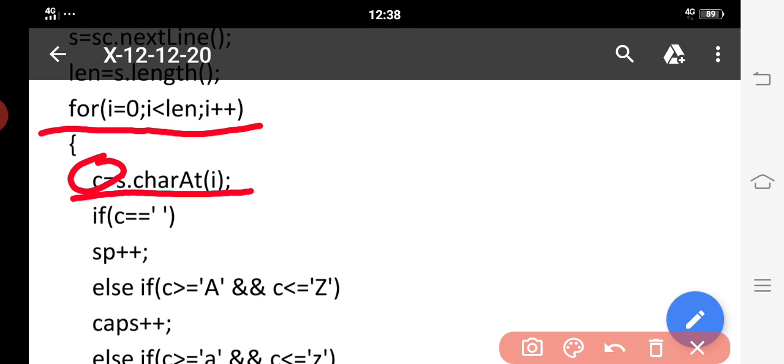If c equal to space, meaning the character which we have extracted from the string and stored in variable c, now if c equal to space, then sp plus plus. If the first character which has been taken in variable c is equivalent to space, then sp plus plus will be executed. Else